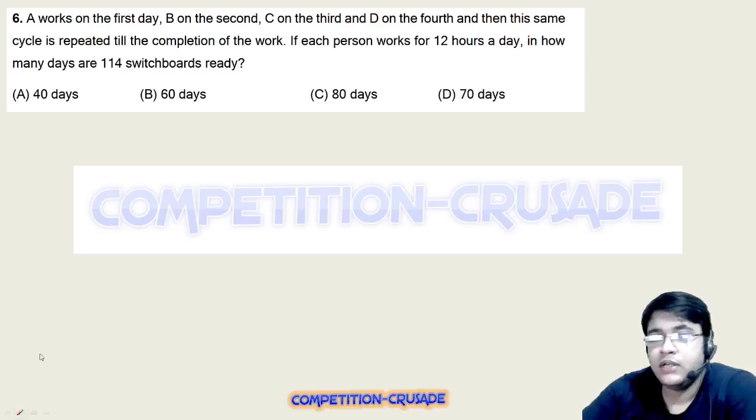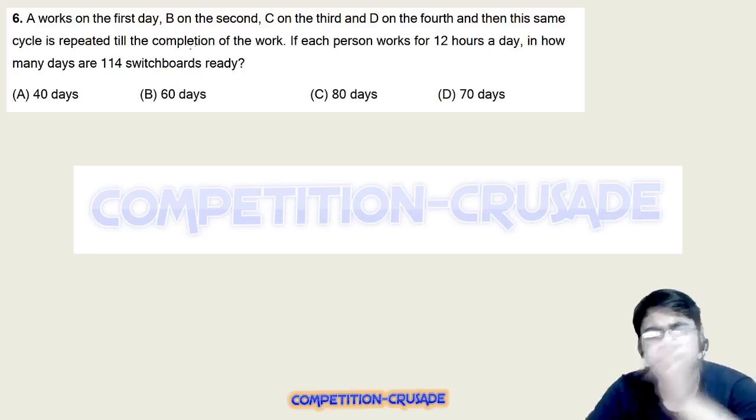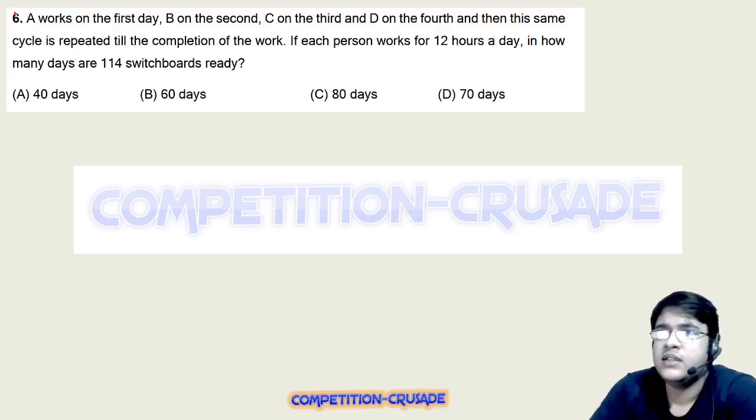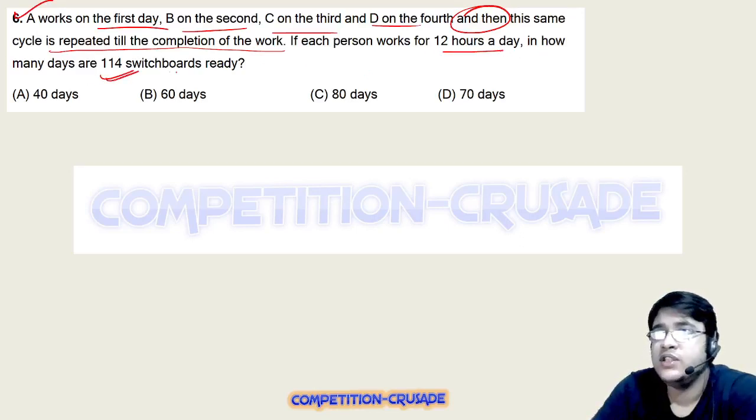6 is also a continuation of the same problem. इसमें बस ये बोलते हैं सेम क्वेश्चन जो हमने अभी सॉल्व किया, पीछे सॉल्व किया, वही चीज है. A works on the first day, B on the second, C on the third, D on the fourth, and then the same thing gets repeated until the completion of the work. Okay, if each person works 12 hours a day, in how many days